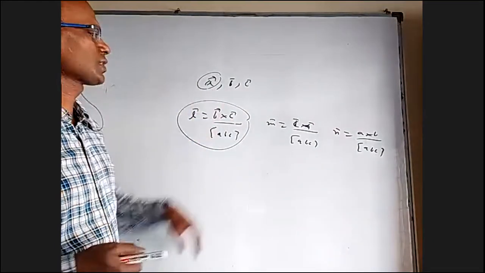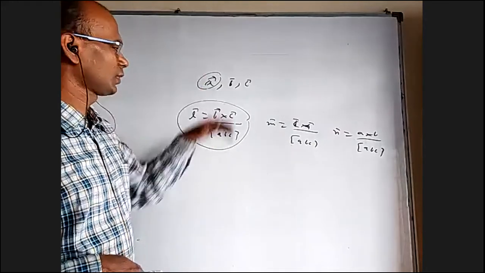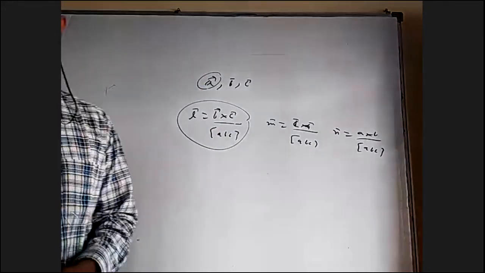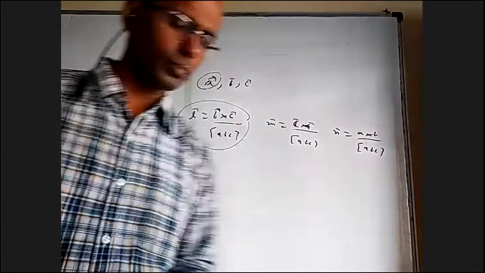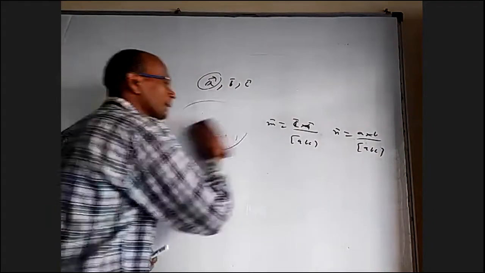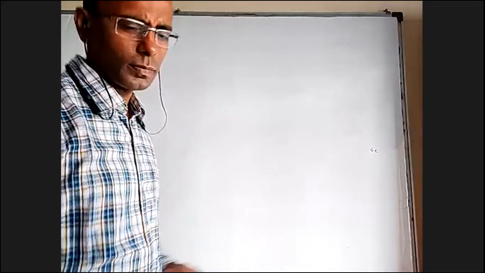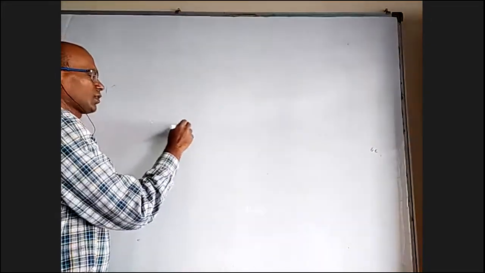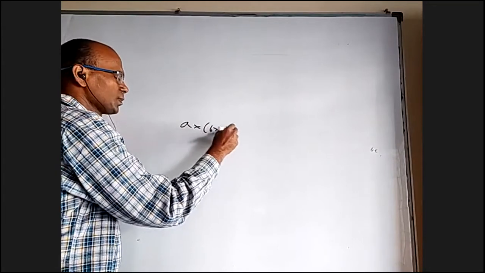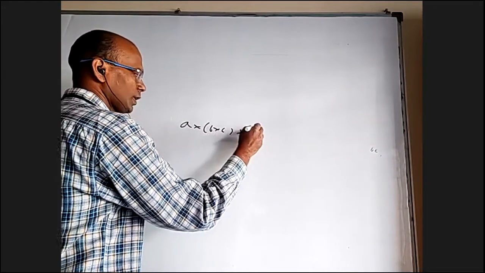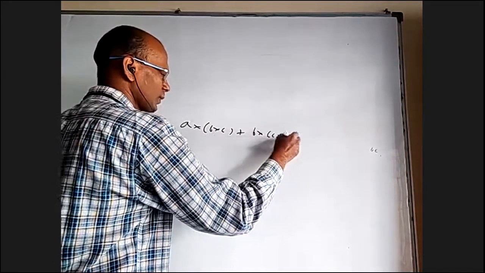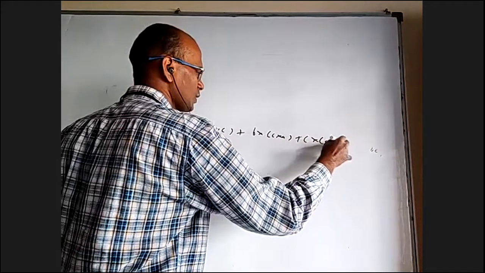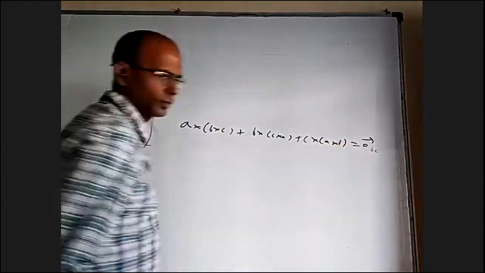There may be some questions they can ask, with some different dot products and all. Otherwise, not a very great thing. Routine. One or two things are like questions only, but because we use it maybe frequently, they call it a formula. A cross B cross C plus B cross C cross A plus C cross A cross B is 0 bar.